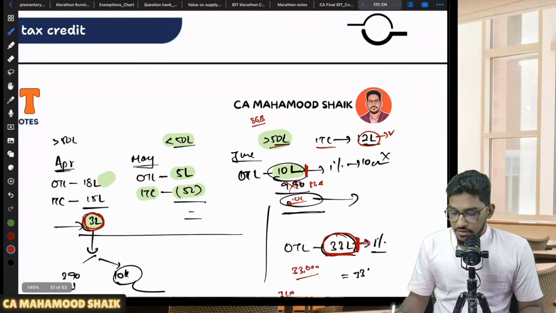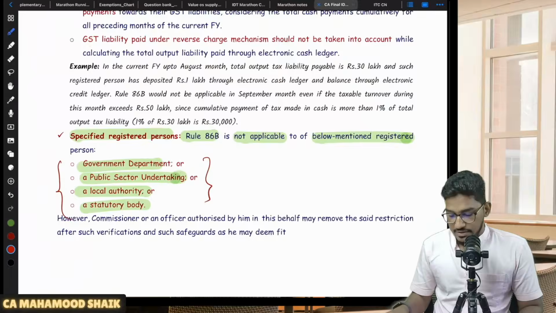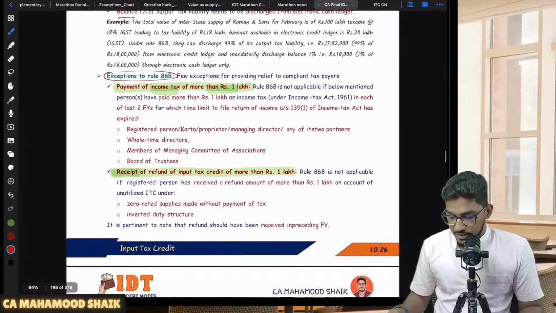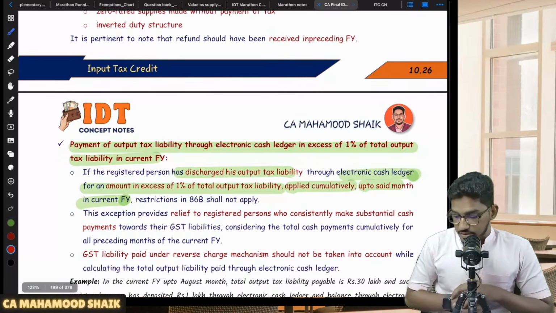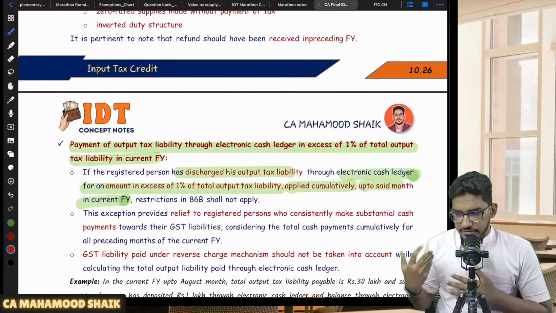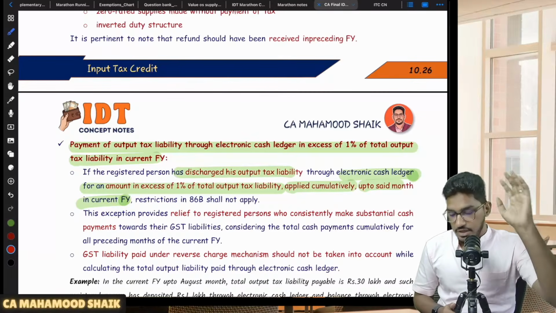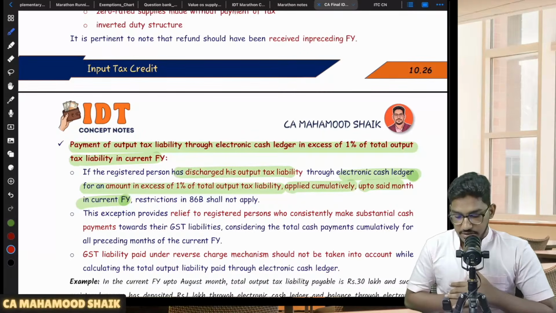Right. So that's all. With this, we have completed the input tax credit chapter fully. We are done with it. That's all here for today. I will try to wind up this ITC. We have fully spent our time on the input tax credit chapter, but it's time worth spending because of how important this chapter is. I hope you would all have benefited from this.